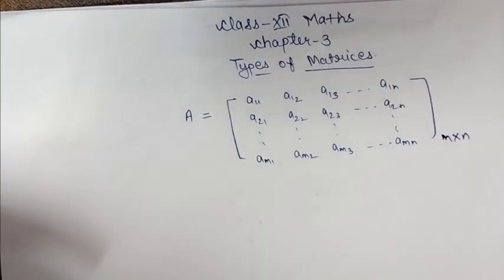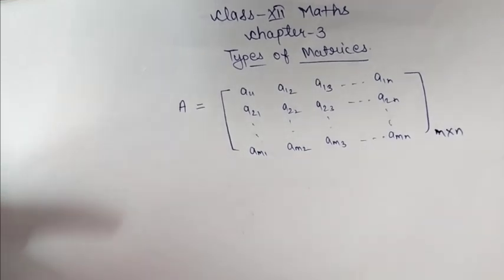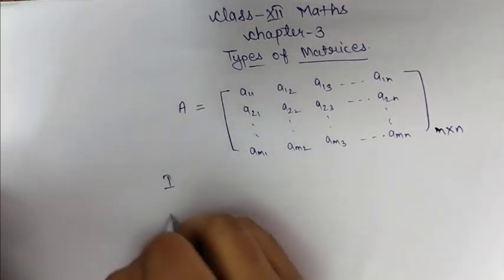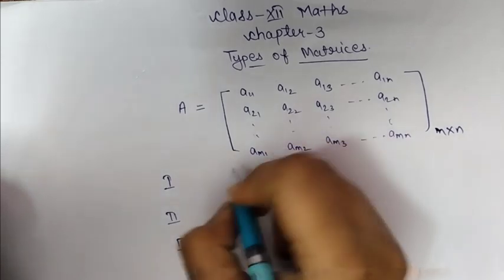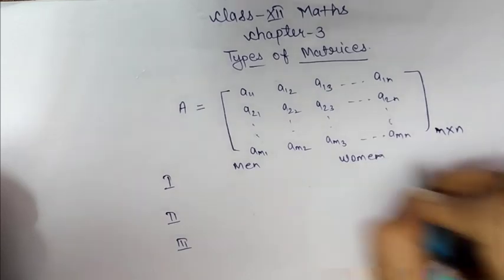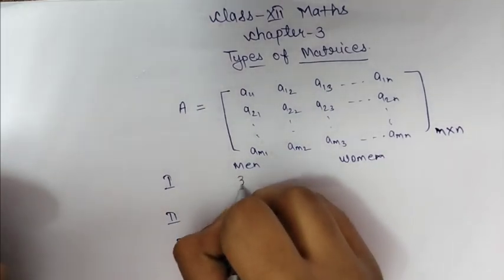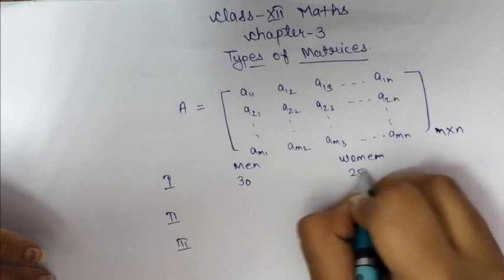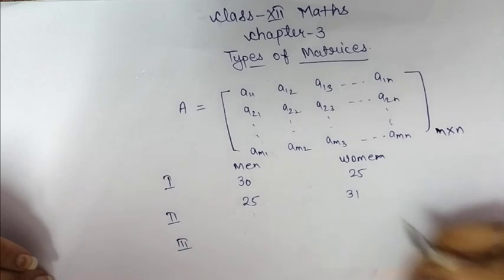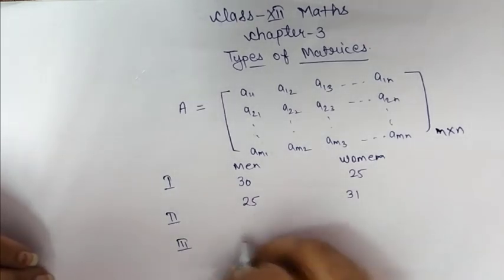If we take an example, suppose we have the information regarding the number of men and women workers in 3 factories. Here we have first, second, third, so we have 3 factories. Here we can write men and here we can write women. In the first factory we have 30 men and 25 women. In factory second we have 25 men and 31 women, and in factory third we have 27 men